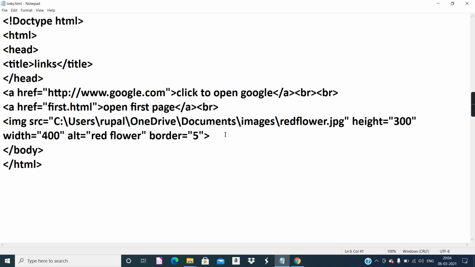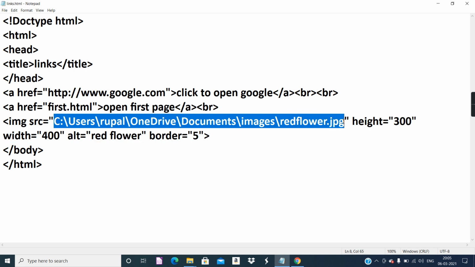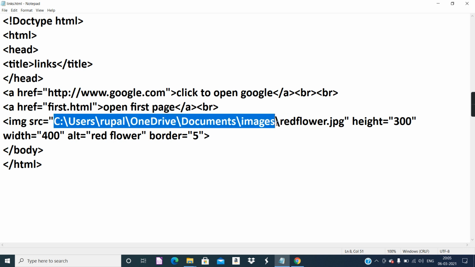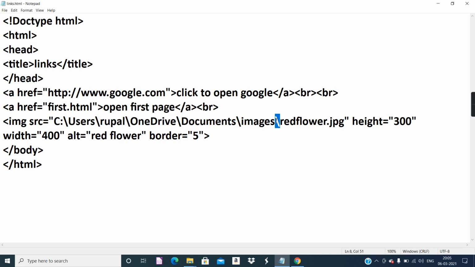Displaying an image is very simple. You don't have to bother about where your HTML file is. You must provide the location of the image. Providing the location is very simple, as I demonstrated. Go to the folder where the image is available, select any one image, right click on the image, go to the properties and copy paste the details in this manner. First of all you must copy paste the location, which will be up to this much. You have to type an extra matching backslash: for all the slashes which you have here you have to give a matching slash, and then copy paste the file name.